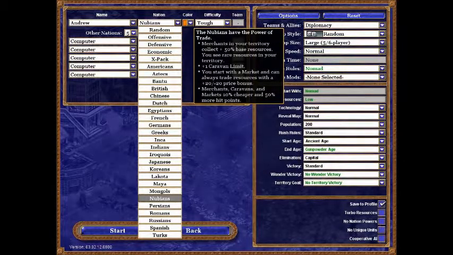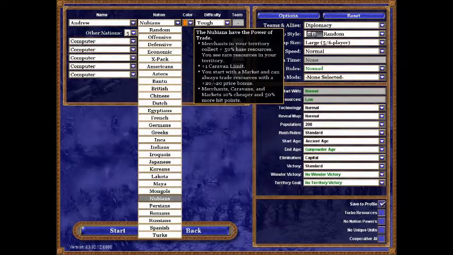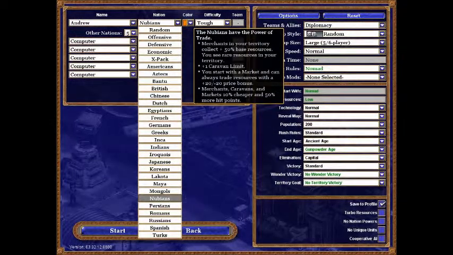Now that resource bonus is very good, especially when oil first comes out and you have to... Well, let me put it this way. Whoever is the first